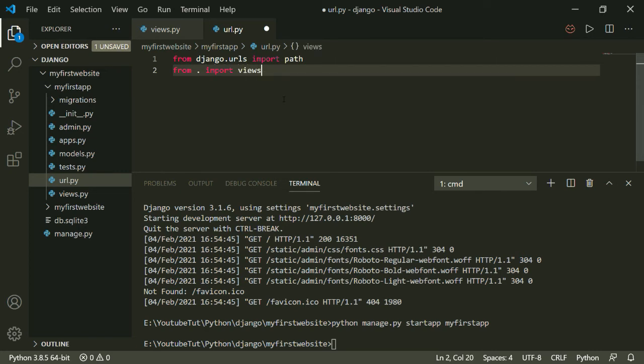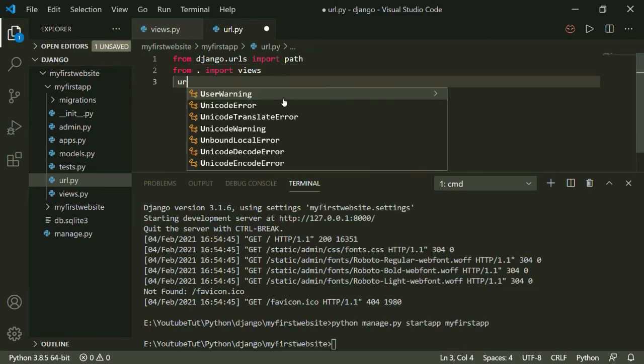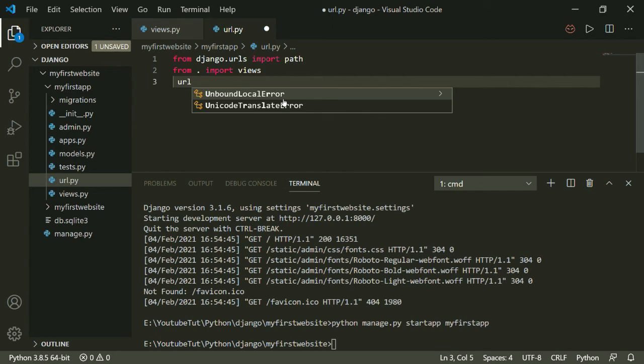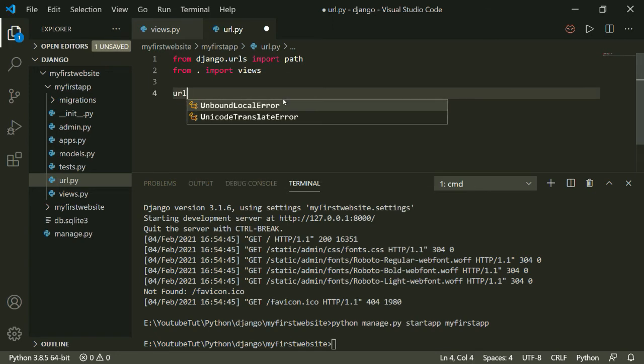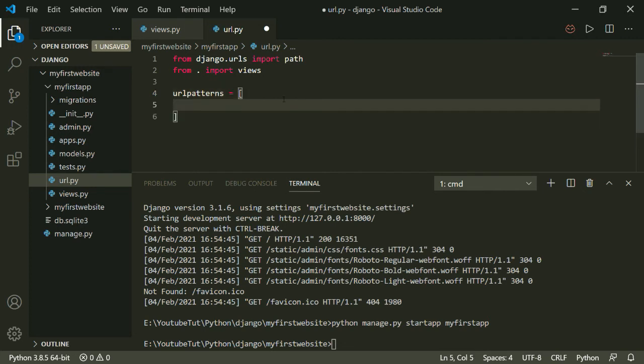Okay, and now I will provide an endpoint here, basically the URL path. For that I will write urlpatterns equals, and here I will provide the path.